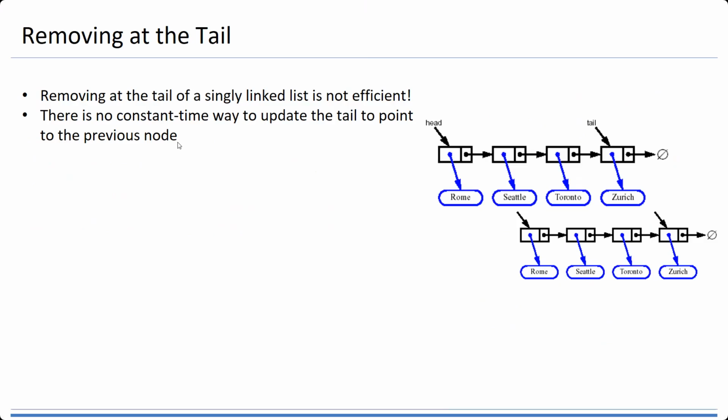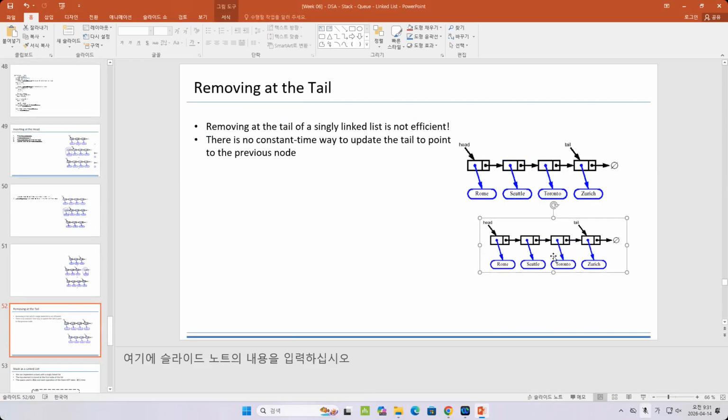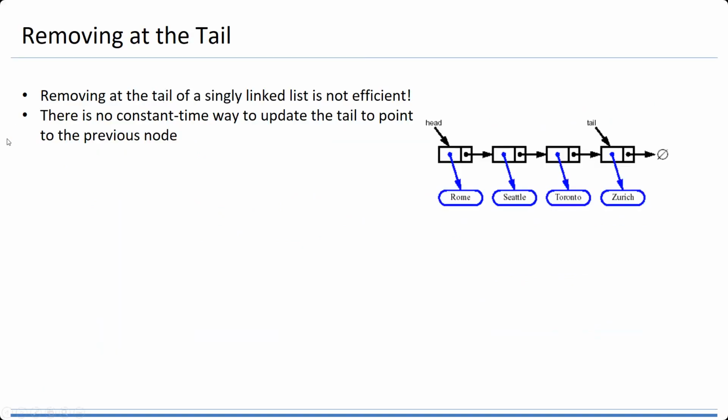Now the issue is when we want to remove the tail. So when we want to remove the tail of a single linked list, it is not efficient. Not efficient means whenever we do the data structure,